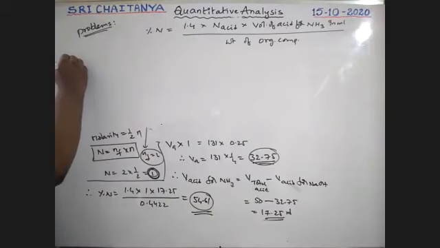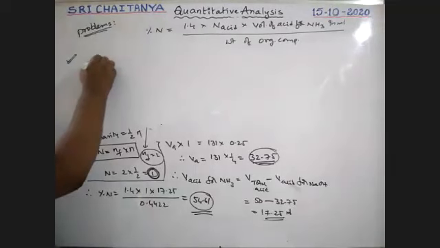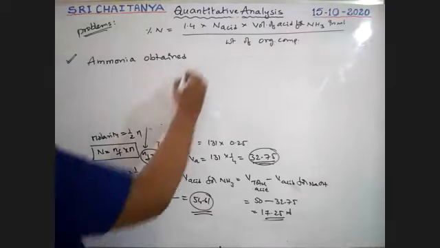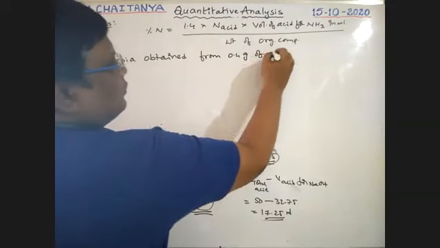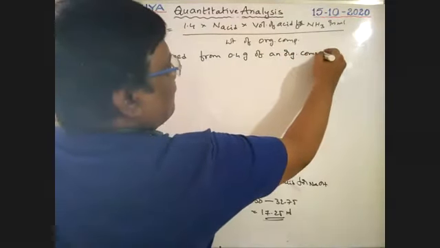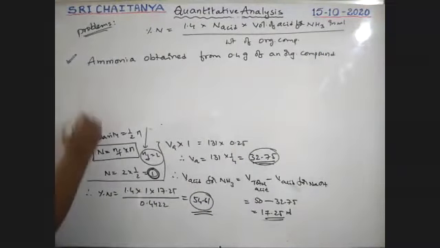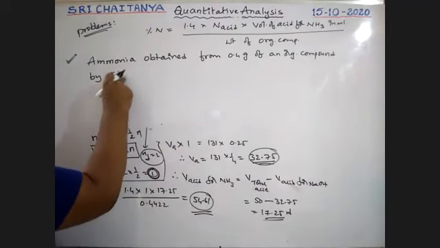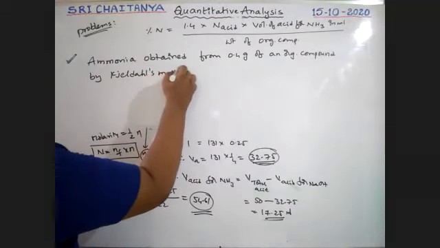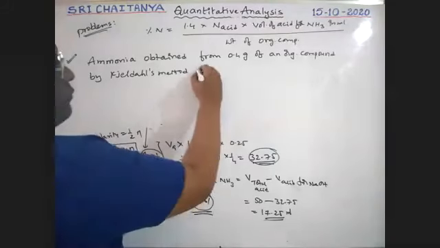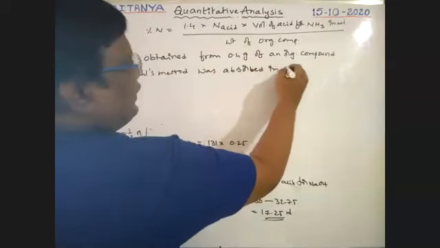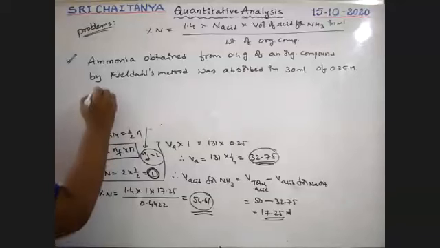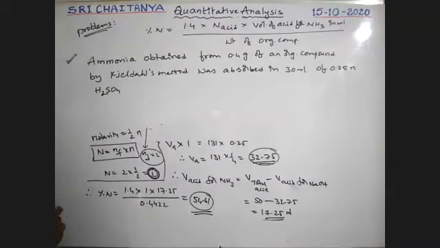Next problem. Ammonia obtained from 0.4 grams of an organic compound by Kjeldahl's method was absorbed in 30 ml of 0.25 M H2SO4. Full stop. The excess acid